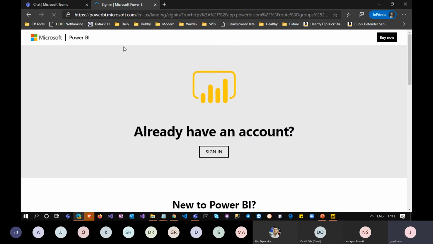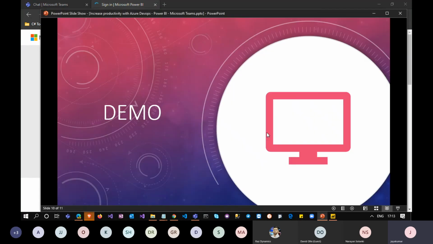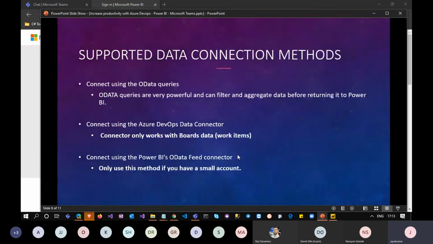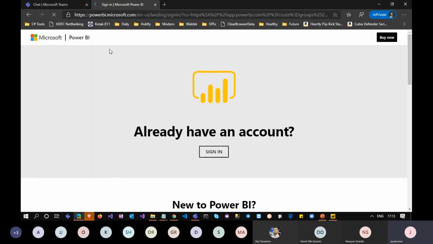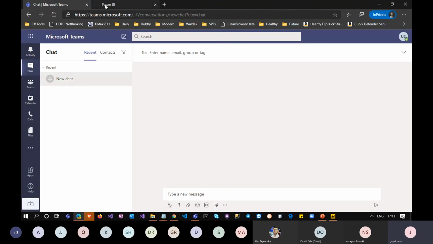As I said in our prerequisites in our slide, the user has to activate their Power BI license. So even though this user will have a license, maybe I need to sign into the Power BI account to view the report. See, even though it is connected within the Teams Office 365 environment, if this user is assigned the proper license, you should be able to view the report.